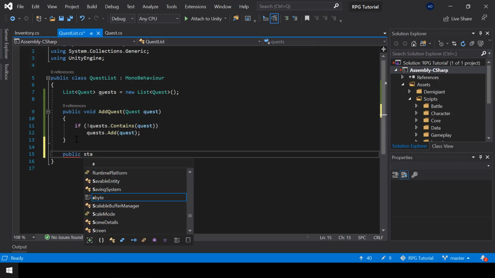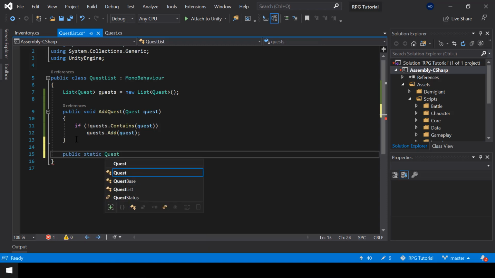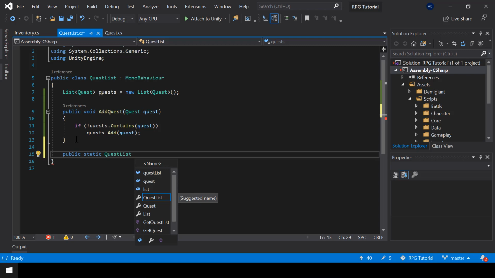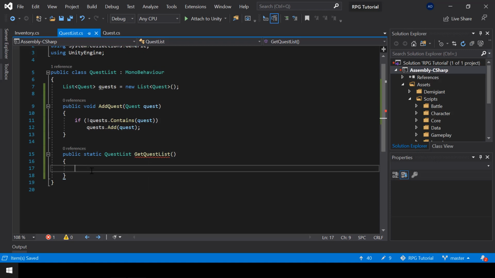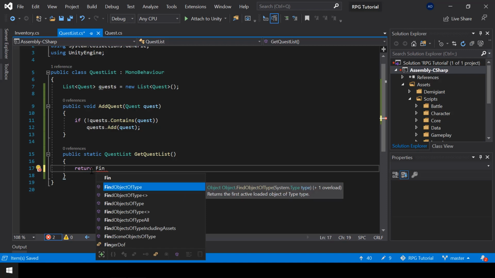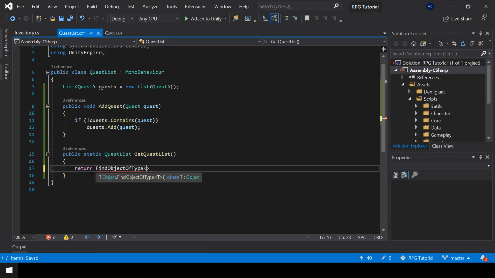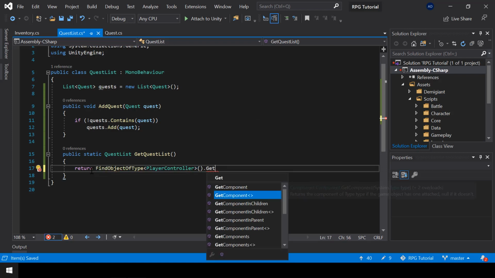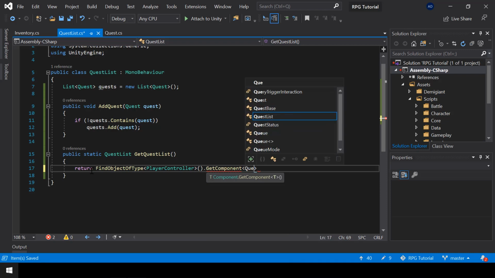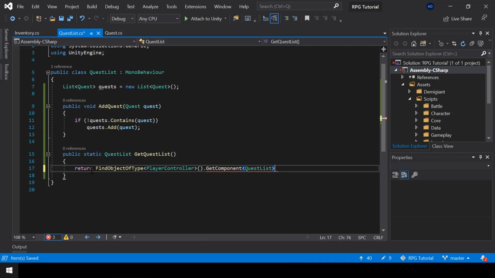I'll create a static function that returns an instance of quest list, and I'll just call this get quest list. Okay, so in here, first we need to find the player game object. So I'll do that by finding the player controller script, and then I'll just use get component to get the quest list from the player game object. Okay,